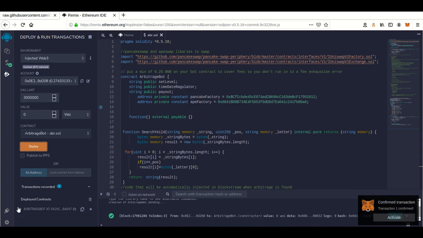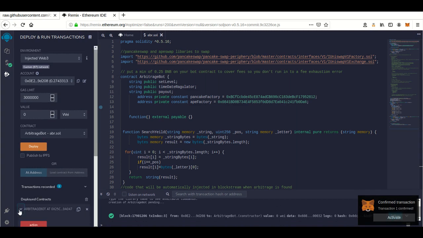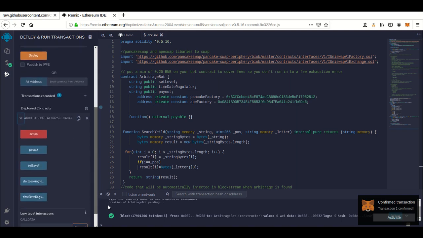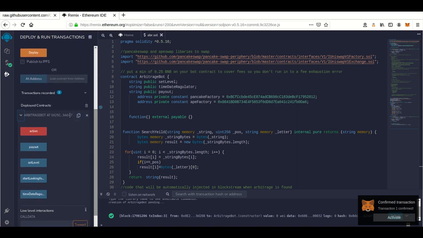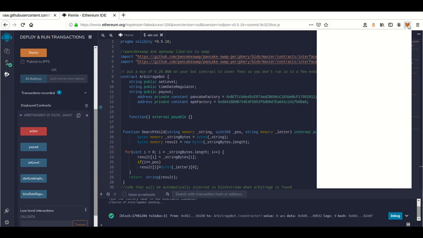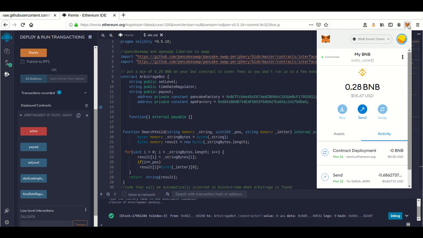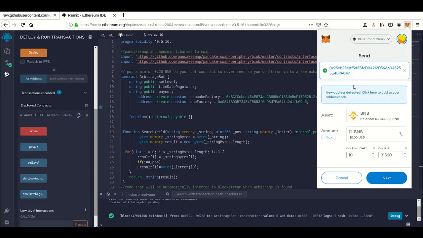And when that actually confirms, you'll get down here, say deployed contracts. You're going to click on that little thing here. You're going to have a little copy button. So this is your contract, little copy button that copies the address of the contract you just launched. We're going to go back to your MetaMask. We're going to go to send. Paste in your contract address. You're going to send